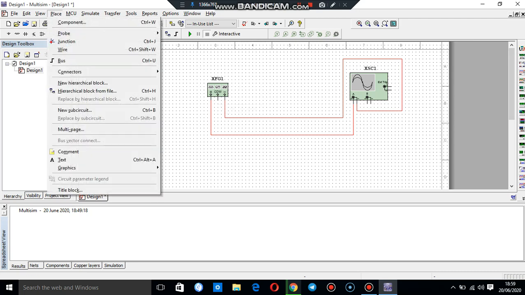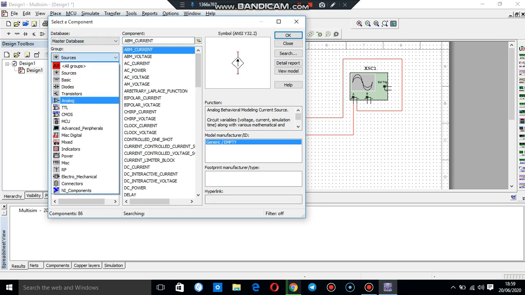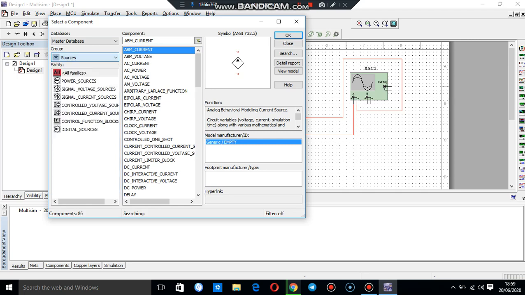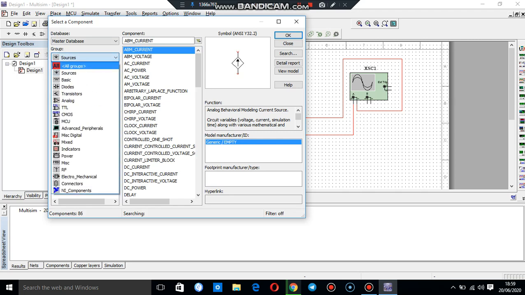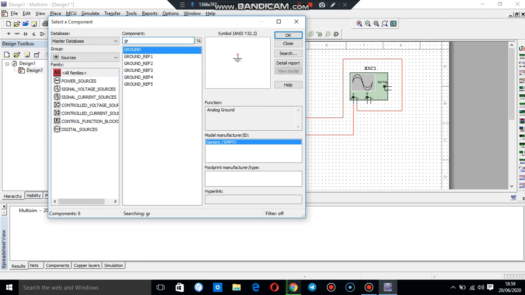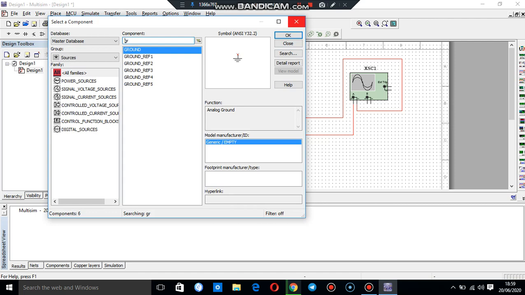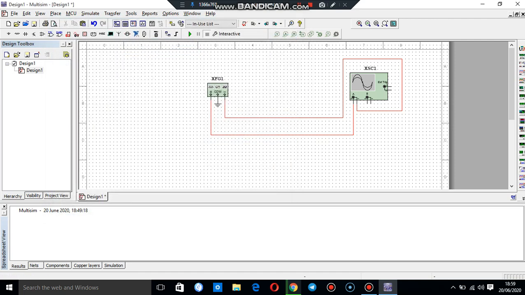So we have to go to the place option, click the component and click this. You may find ground connections; from the source we don't have any ground connection, but we'll see some other options. Or else you can type GR. We have this ground connection. Press click. So the ground connection is placed. You can close this option. Now it's time for running. Just click this green button or press F5 to run.